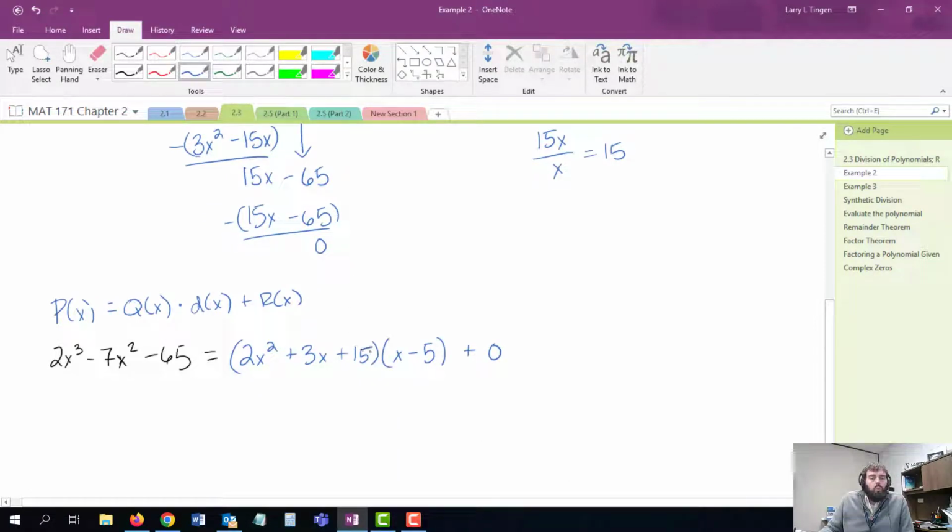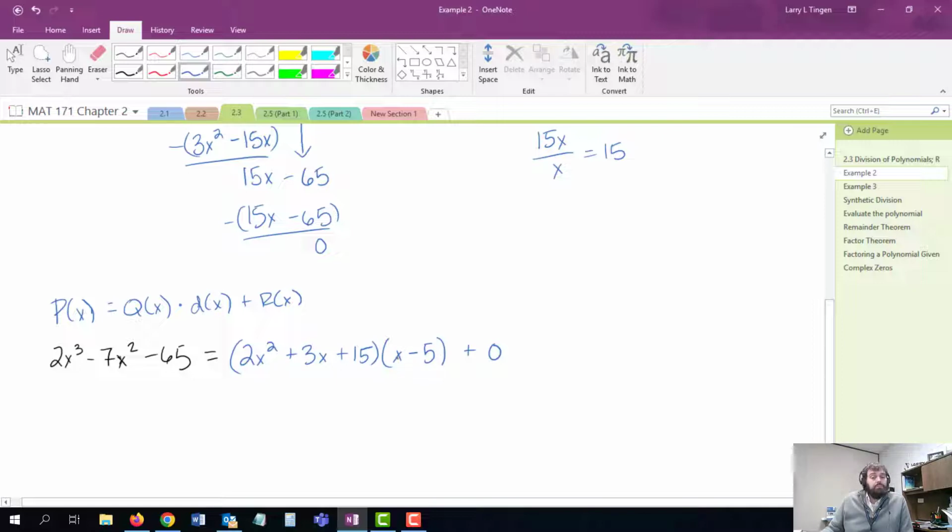Now, why would I teach you long division? What's the purpose or the point? Well, look at this problem. This problem started out with a third-degree polynomial. We have not learned how to factor all third-degree polynomials. But by doing long division and finding that I can rewrite this cubic as this quadratic times this